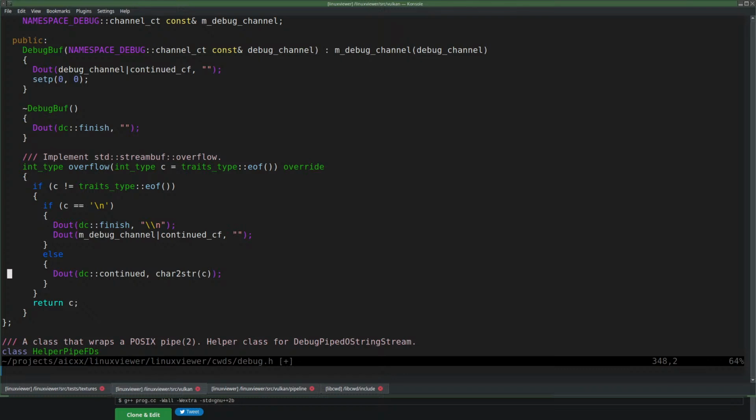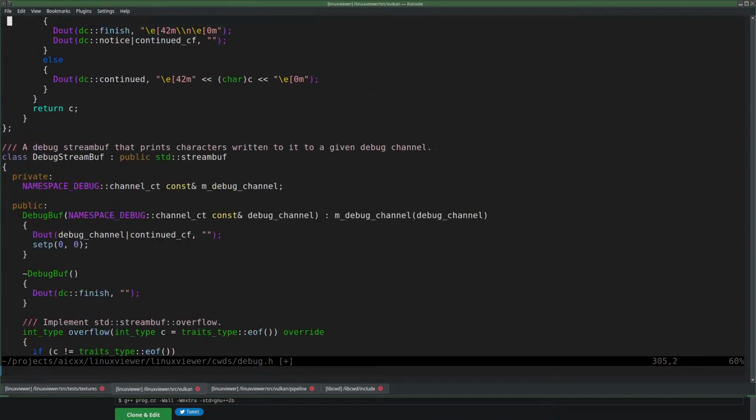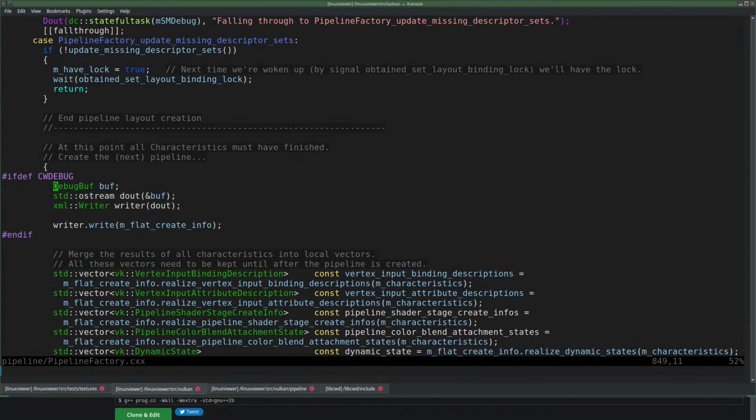So loads of documentation everywhere. Okay, now we are going to test this. That is buff to stream, debug stream buff, Ctrl T. Debug stream buff.